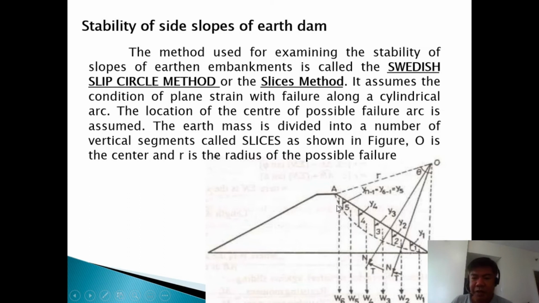So if you can see there, I think there are 6 slices in here. You can compute the weight of the first slice, the weight of the second slice, and so on. So you need the unit weight, the property of the soil. And the problem now is the area. Okay, so